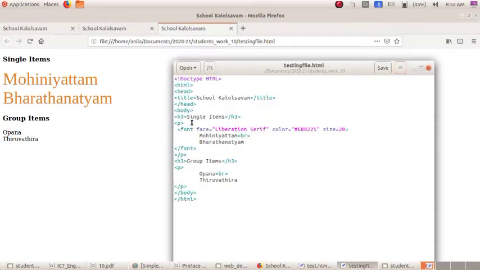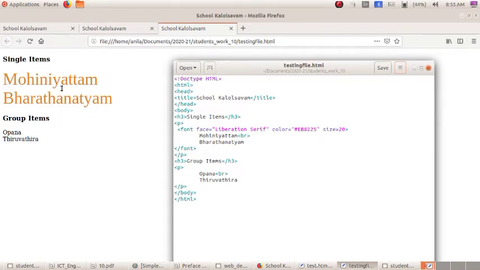Then single items and group items are the headings for this web page. This is the single item, this is the group item. Then the font face changes to Liberation Serif for Mohiniyattam and Bharatanatyam, and the color changes to this color.